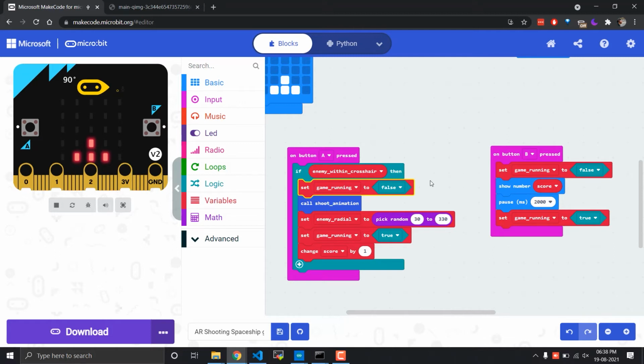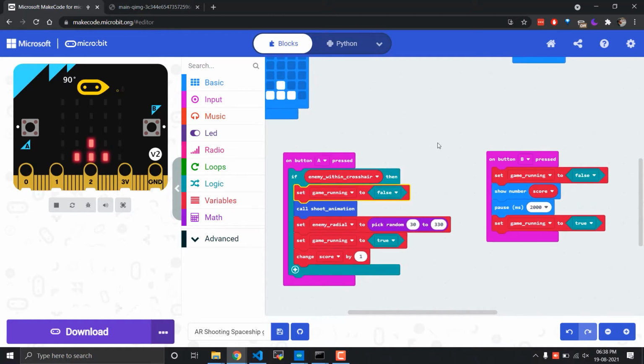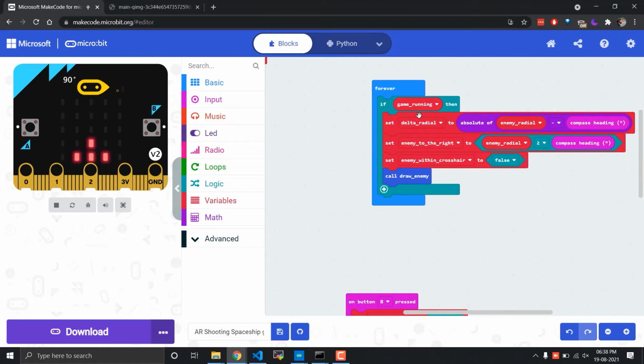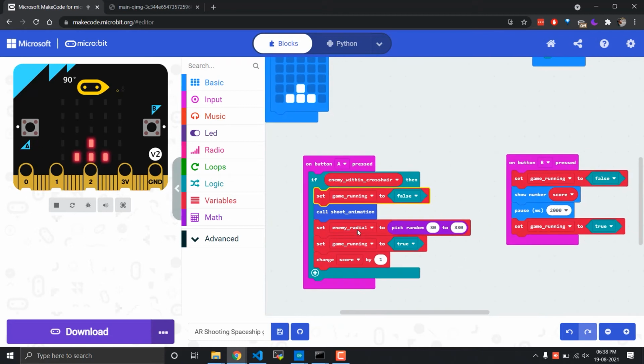This is because we are going to be drawing some animations and sound effects and all of that, and we don't want it to conflict with the thread that is drawing the enemies. Otherwise it produces a bit of a conflicting animation. You can try this without the game running variable as well and see what kind of output you get. However, for now we just set it to false. Setting this to false will ensure that none of this happens. So we don't calculate the radials, we don't draw the enemy because it's not needed.